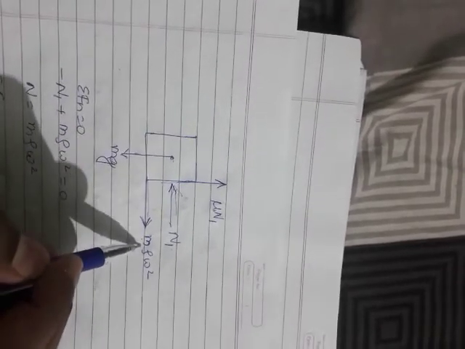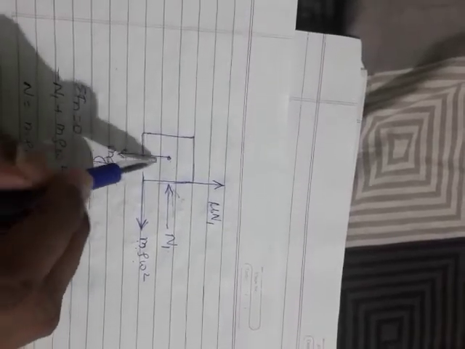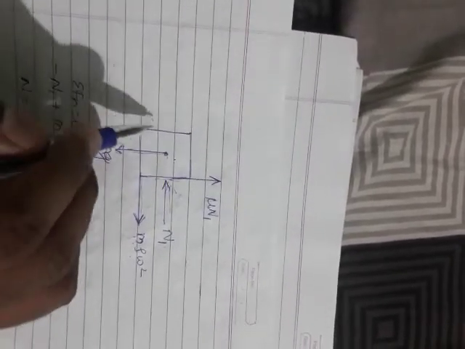Let m be the mass of the block. Now I am drawing the free body diagram for the block. Block weight will act vertically downward, that is mg. As the block is touching the surface here, there will be a normal reaction n1. Also, as the cylinder is rotating, the block will be subject to a centrifugal force m r omega square. Because of its self weight, it will try to slide down from the surface, meaning it will try to move in the downward direction. So the frictional force will develop opposite to the motion, that is in the vertical direction.